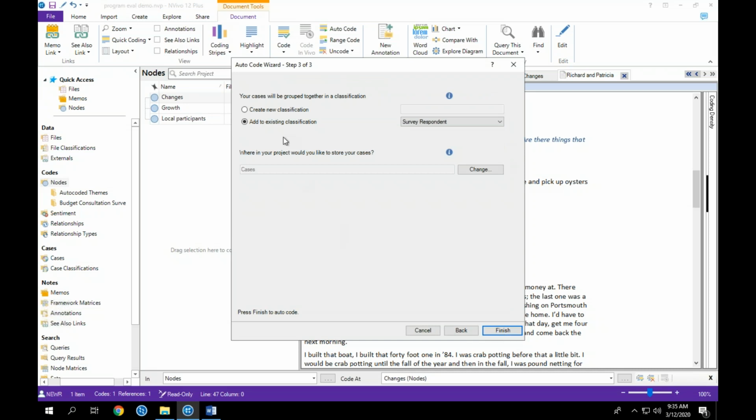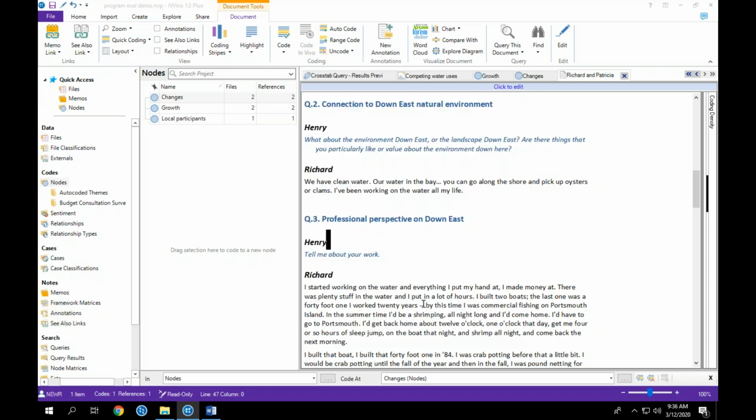Then click next. And then it says, okay, do you want to add it to a new classification or an existing one? So if you have one in your project, you could add it. And perhaps I have the same information from Richard and Patricia that I have from my survey respondents. So if I click finish,